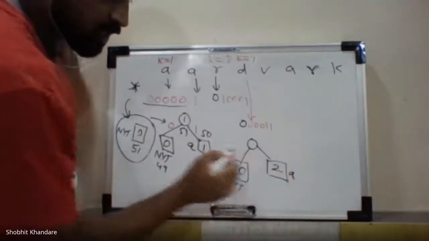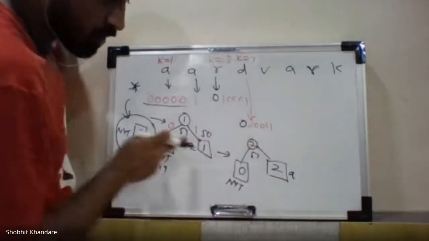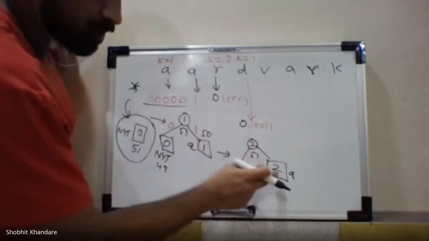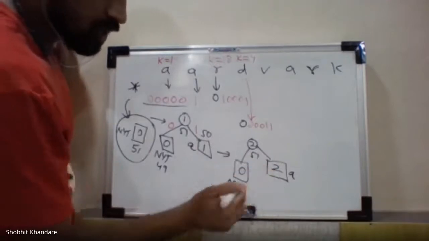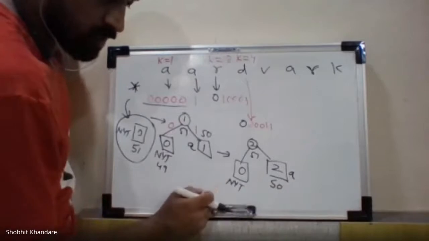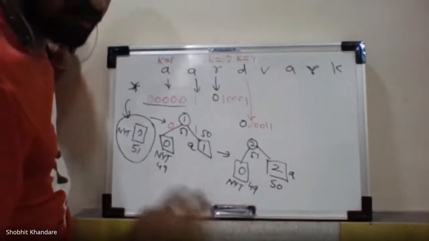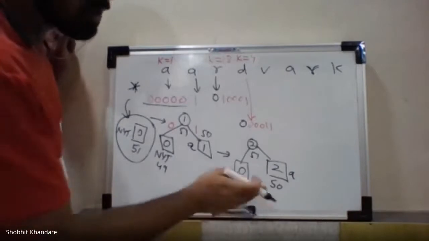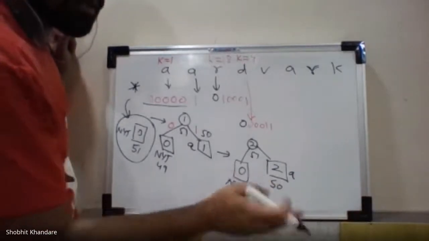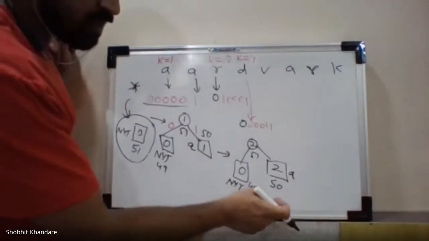This is for A, this is 51. So 0 + 2 = 2. Earlier it was 1, now it has become 2. Here it was 1, it has become 2. And this is for A. The weights are 50 and 49. Actually we are not using the weight, but you should know this, you can write it down. Otherwise, if it is not required, you can just leave it. So 49, 50 and 51.